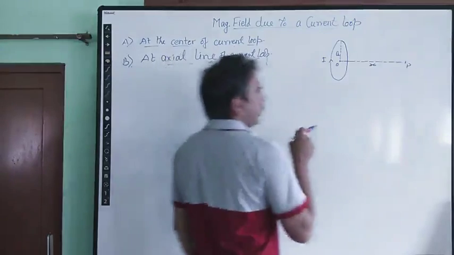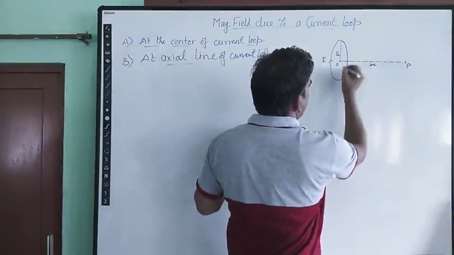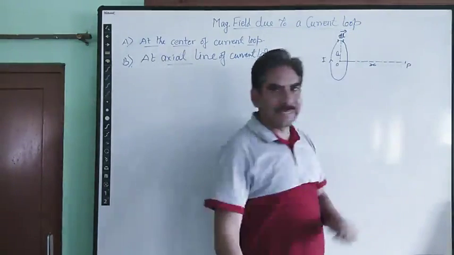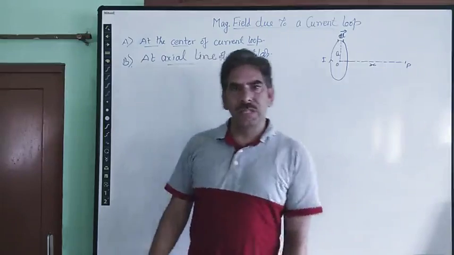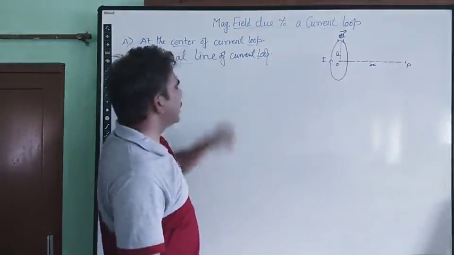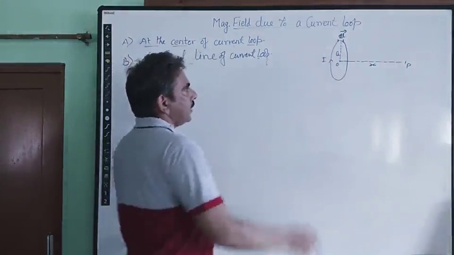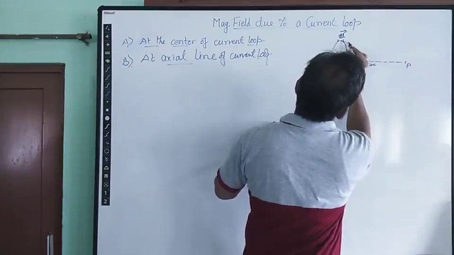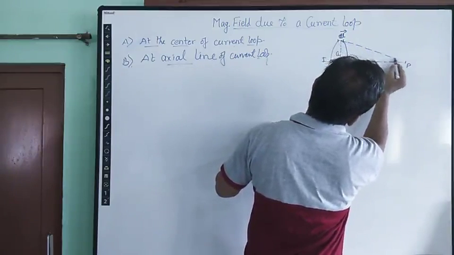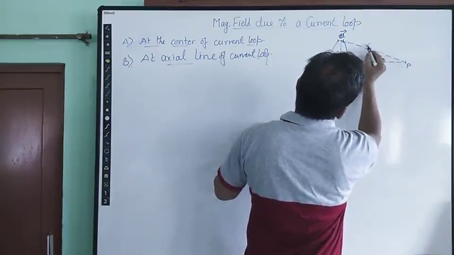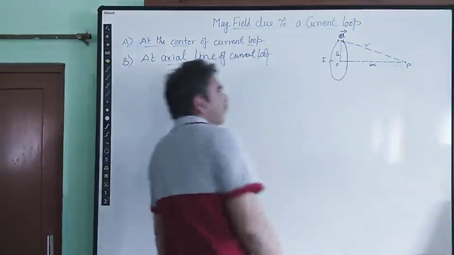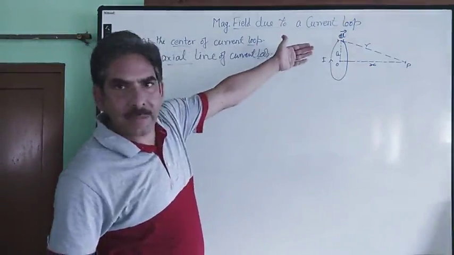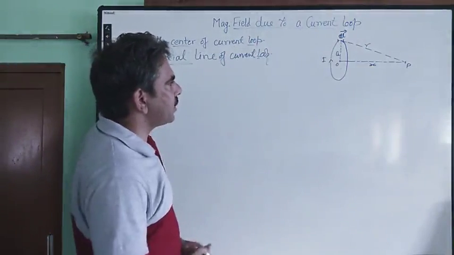So from here, in order to find out the magnetic field at point P due to this current loop, we consider an elementary portion of this loop of length dl, just as we did in our recent expression. What is the distance of this point P from this length element? Let it be represented by R. Then we can write the expression for the magnetic field due to this small length element at point P, which is at a distance R.